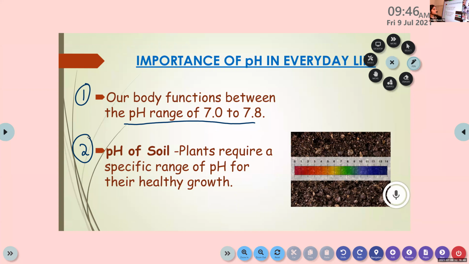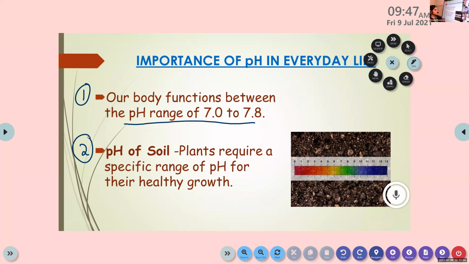We know that plants require several things for their proper growth, right? Similarly, they require a specific range of pH for their healthy growth. If the soil is more acidic or more basic, it will affect the growth of plants. I think you all have experienced such things. If the soil is more acidic, we will add certain substances that contain bases, right? We will just spread lime there. Lime means limestone. Do you experience such things?